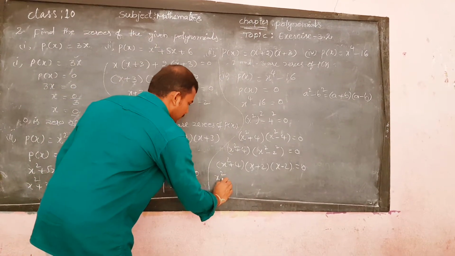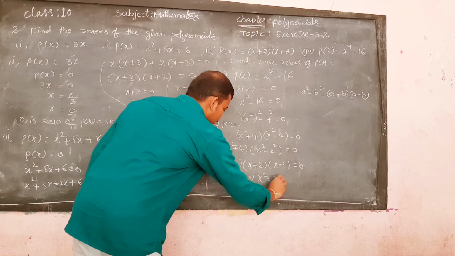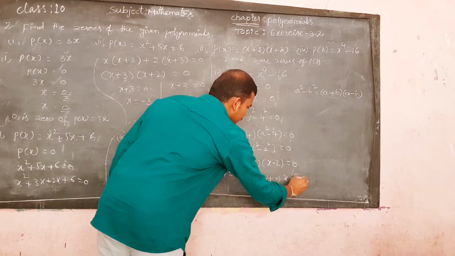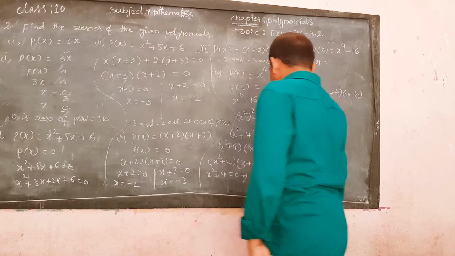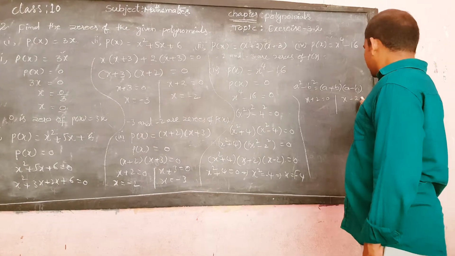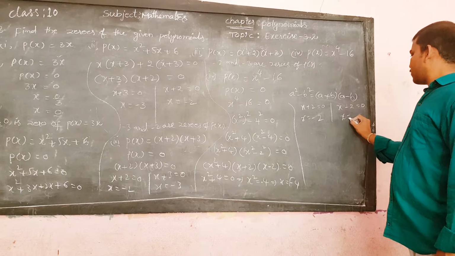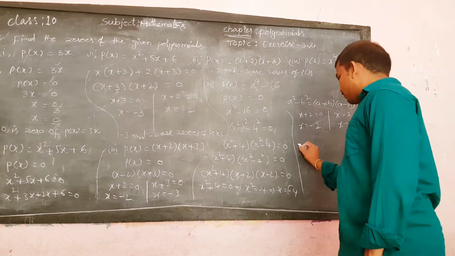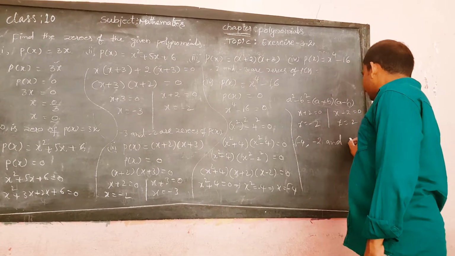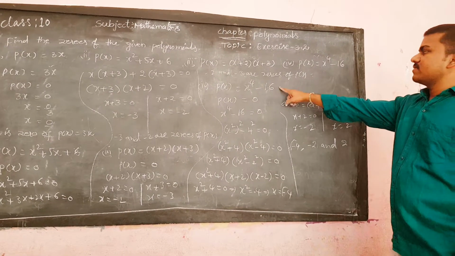x square plus 4 is equal to 0, that implies x square is equal to minus 4, that implies x is equal to minus root 4. x plus 2 is equal to 0, x minus 2 is equal to 0, so x is equal to minus 2, x is equal to plus 2. Here minus root 4, minus 2 and 2 are the zeros of